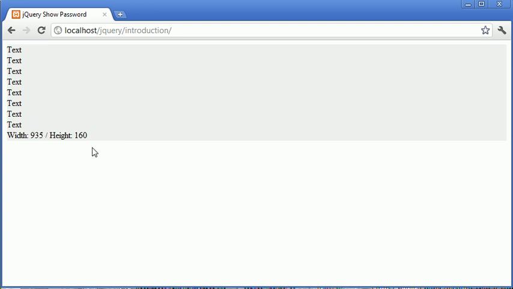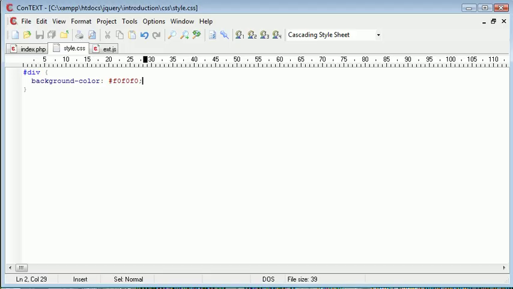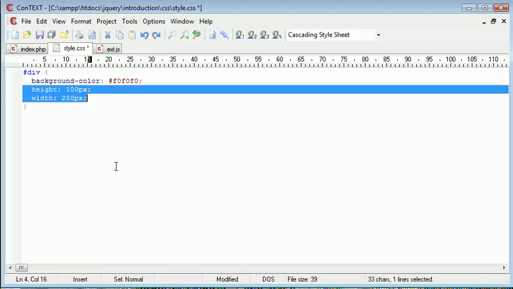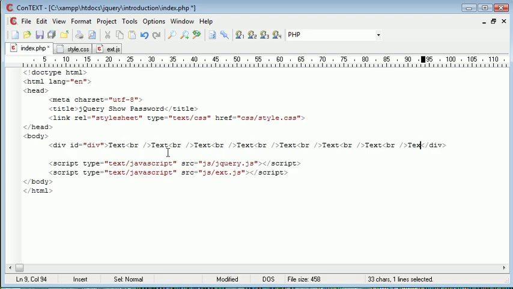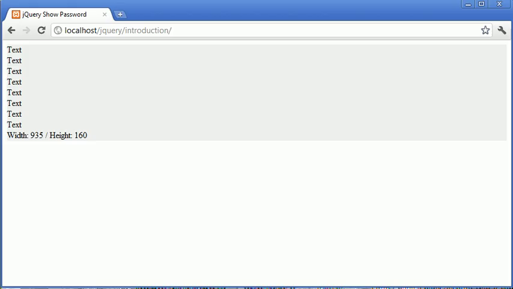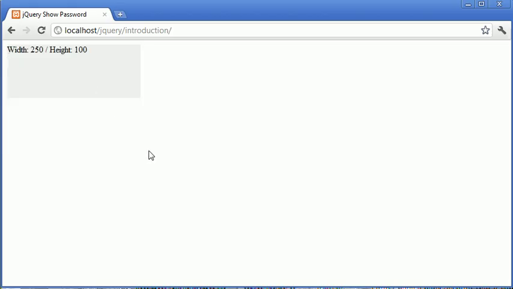Because we didn't define it, but the height has now changed as well, because we've pulled it down with all this content. So these are absolute values that we actually take in, rather than what we've defined in style.css ourselves, because we know that the content could overflow and increase the height or the width of the div. So this is all well and good, but now let's go ahead and look at a